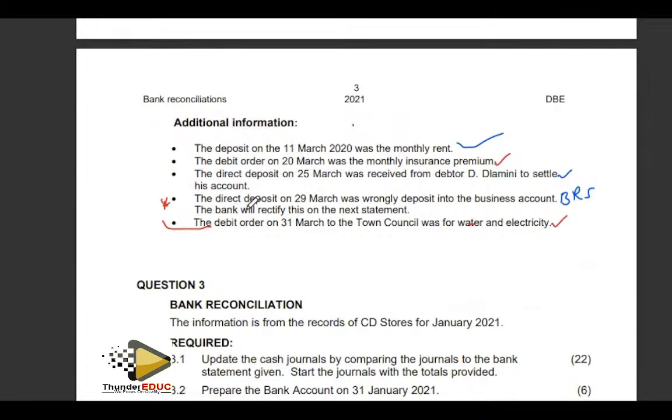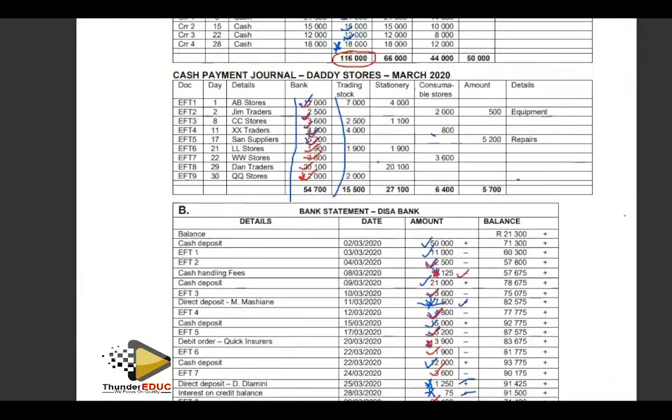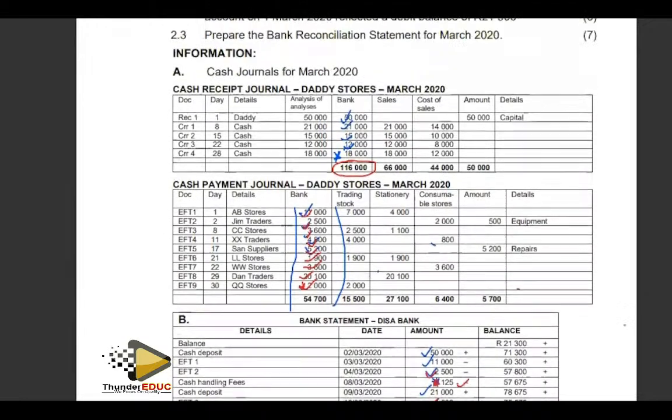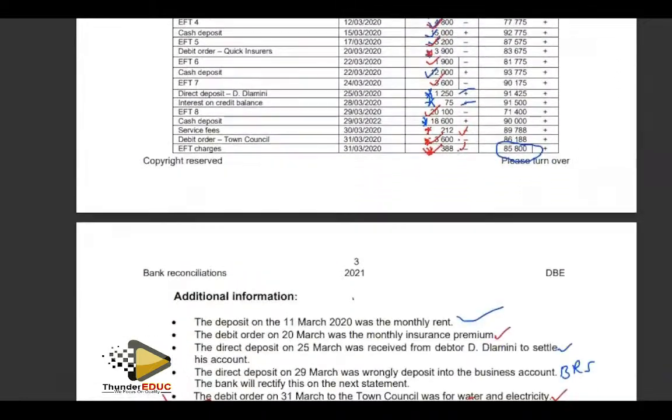there is this information here, the direct deposit on 29 March. Remember, such items, this amount comes when we do what? When we have sorted out each and everything, okay? So we have to look at,